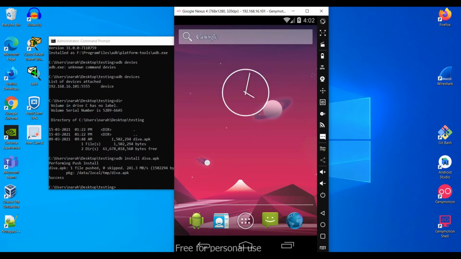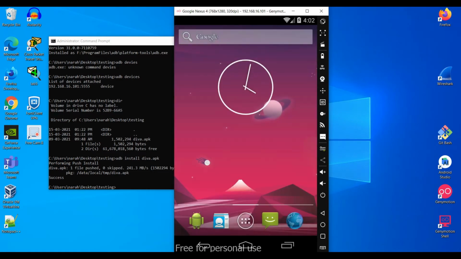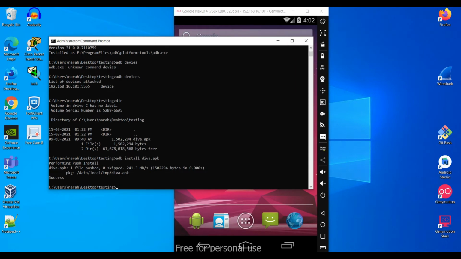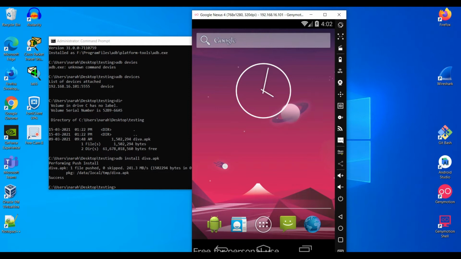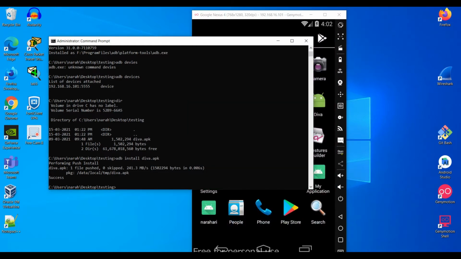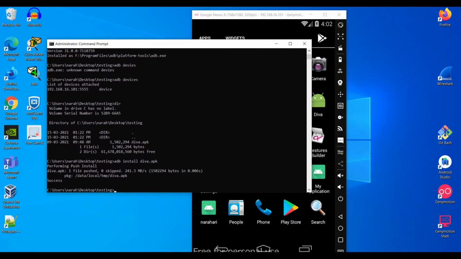Also, for example, we have installed some other applications. In order to perform the static analysis, we can do two things. One is you can download the APK from APKPure or similar sites, and then dismantle it. Or else, some of the applications we will be installing from the Play Store, so using ADB we can also get the application from the device. For example, here we can see we have installed some applications.